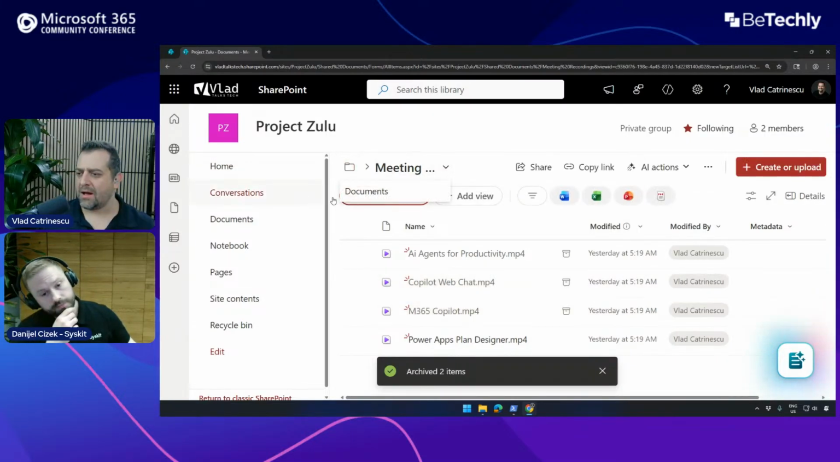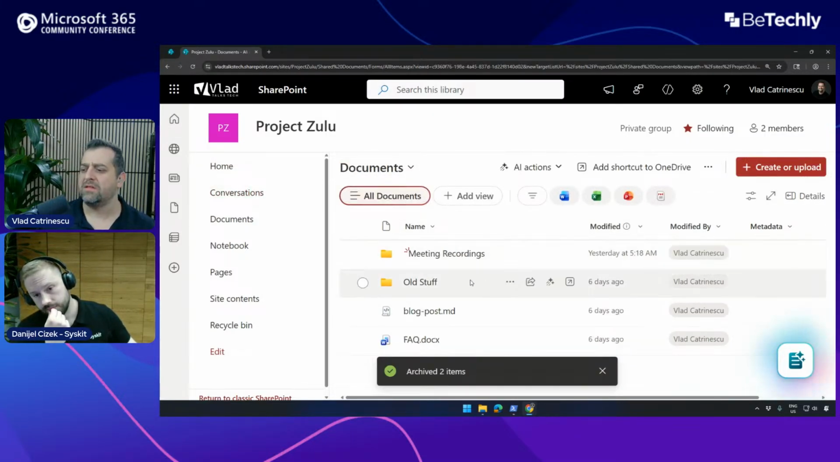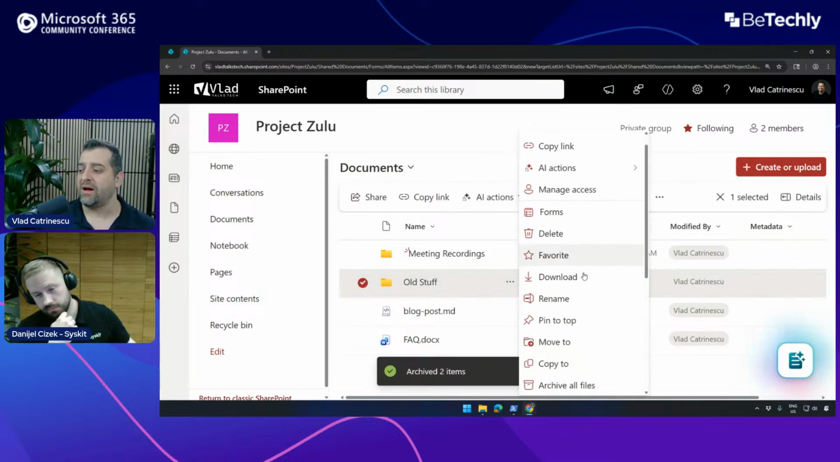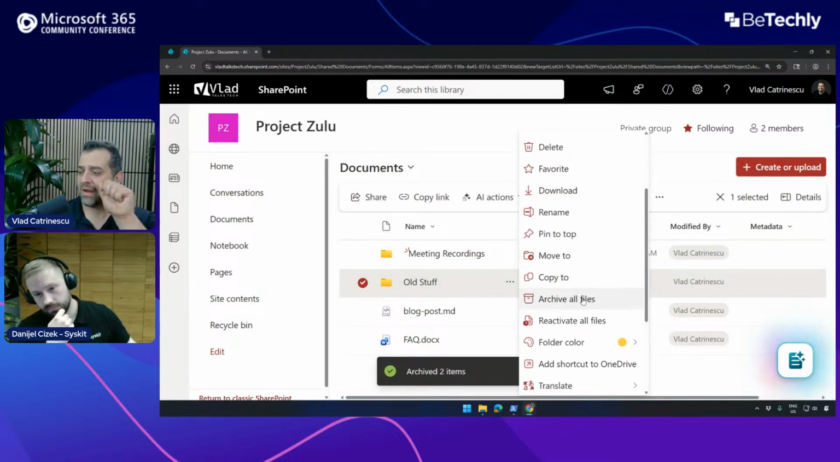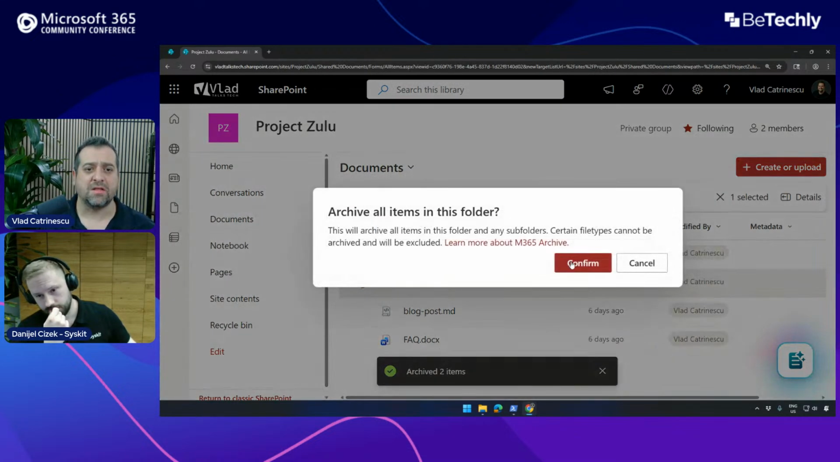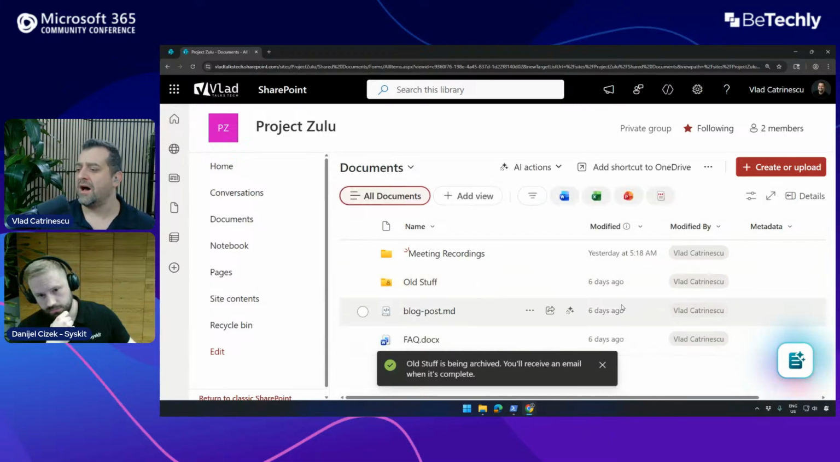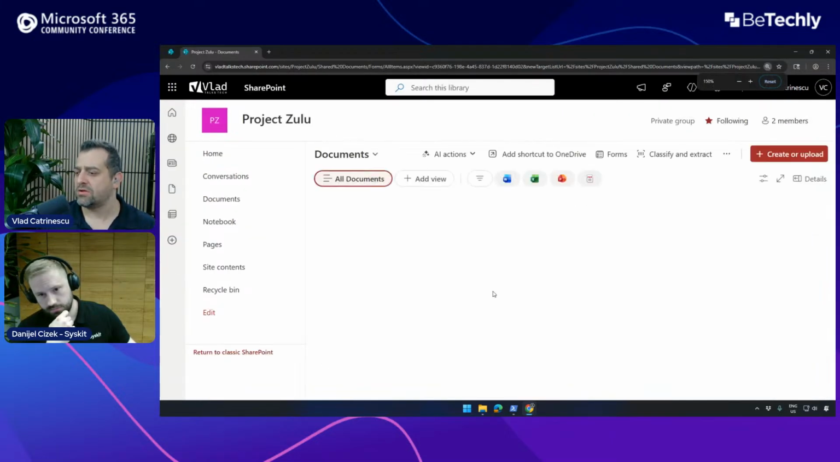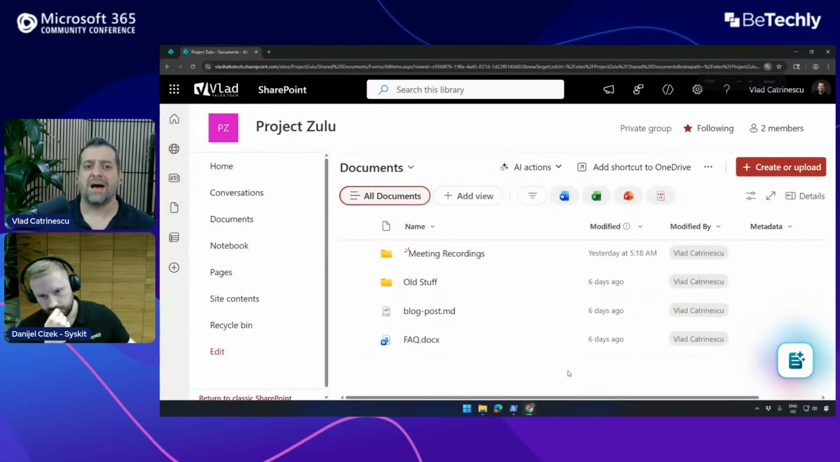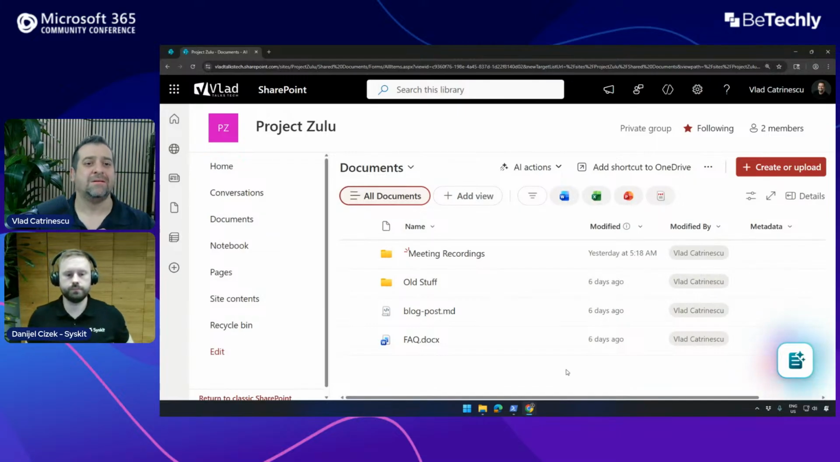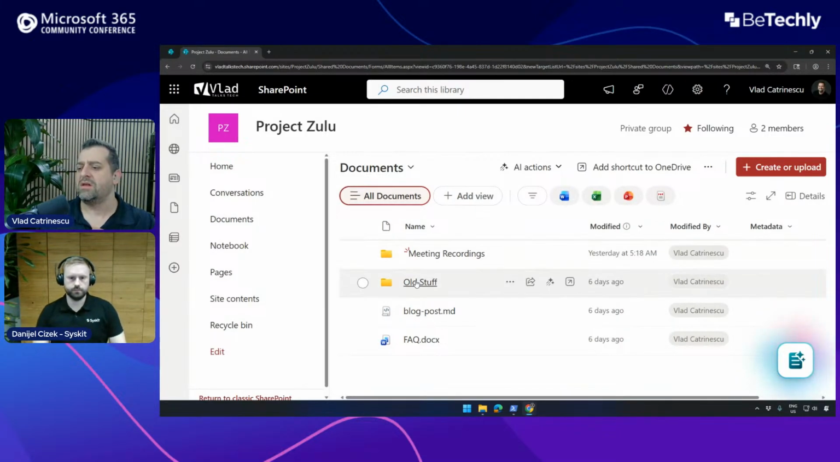And I can also go to my documents here, go to old stuff, and archive all the files inside. Now, just something I do want to mention, you see it says archive all the files in the folder. The folder will not actually have, I'll refresh to show you, the folder will not actually have that icon near it because we do not archive the folder. We simply archive